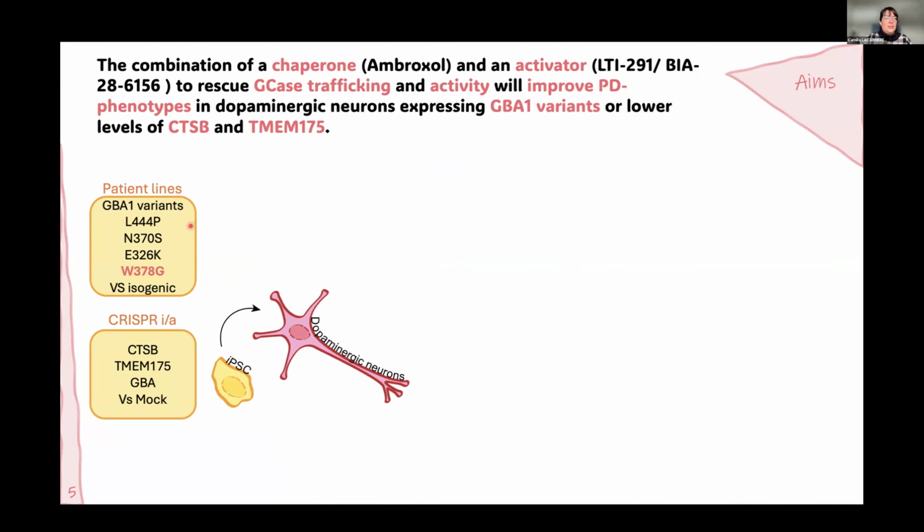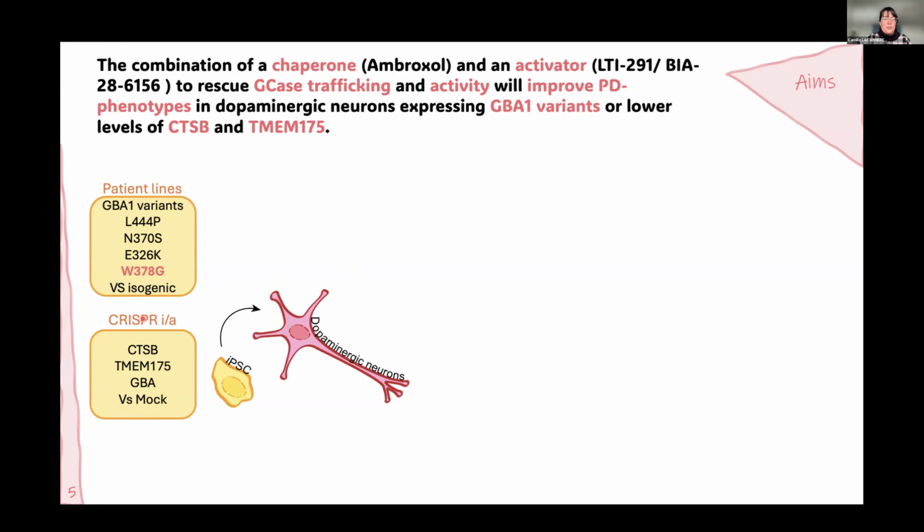So as Thomas Durkin presented, at McGill University they made those patient lines. GBA variants carrying L444P, N370S, E326K, and also a French-Canadian variant, W378G. So we want to use this line to make dopaminergic neurons, but also we would like to decrease or increase the